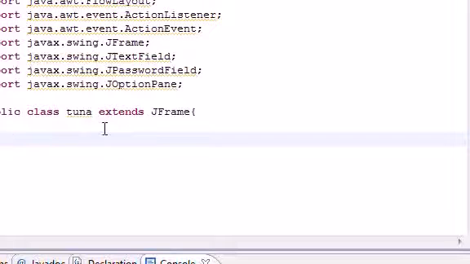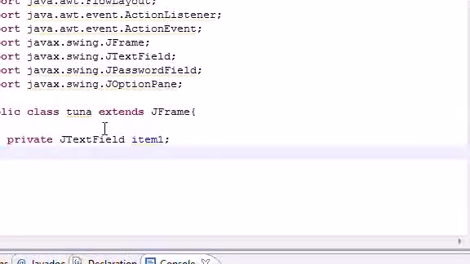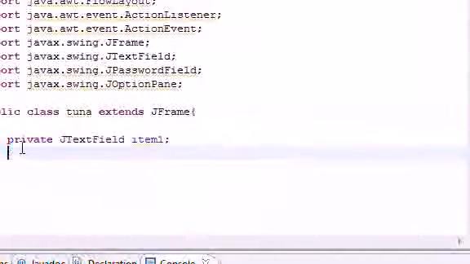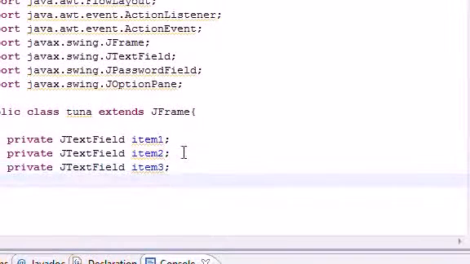So we're going to put three items plus a password field in it, or pretty much four text fields. So let's go ahead and make variables for those. Let's make our first text field first. So private JTextField, and you can name it anything you want. I'm just going to name mine item1, and I'm going to make three of these, so I'm just going to copy this because I am extremely lazy. Item2 and item3. And the last,